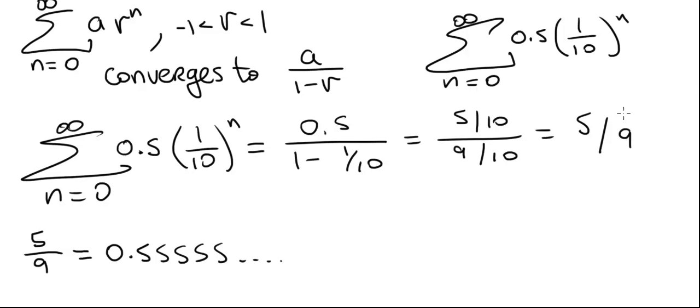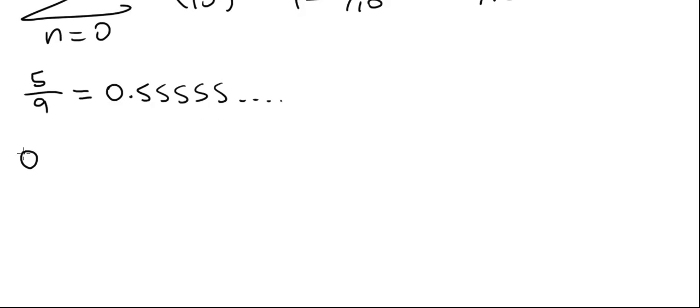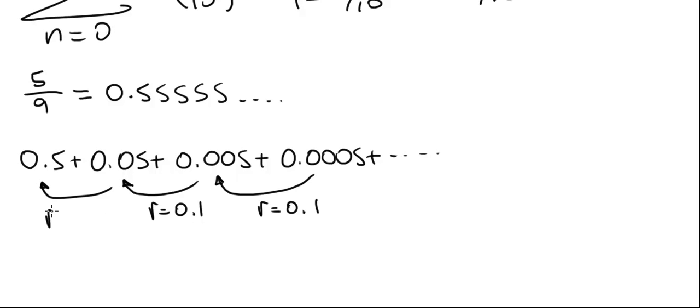Now, we can also derive this answer without the summation notation. If I write the series again here, 0.5 plus 0.05 plus 0.005 and so on, you have to make sure that you're working with a geometric series. So this is r, which is 0.1. This is also the same r, which is 0.1. And this is r, which is 0.1. If the series is not geometric, somewhere the r's will be different